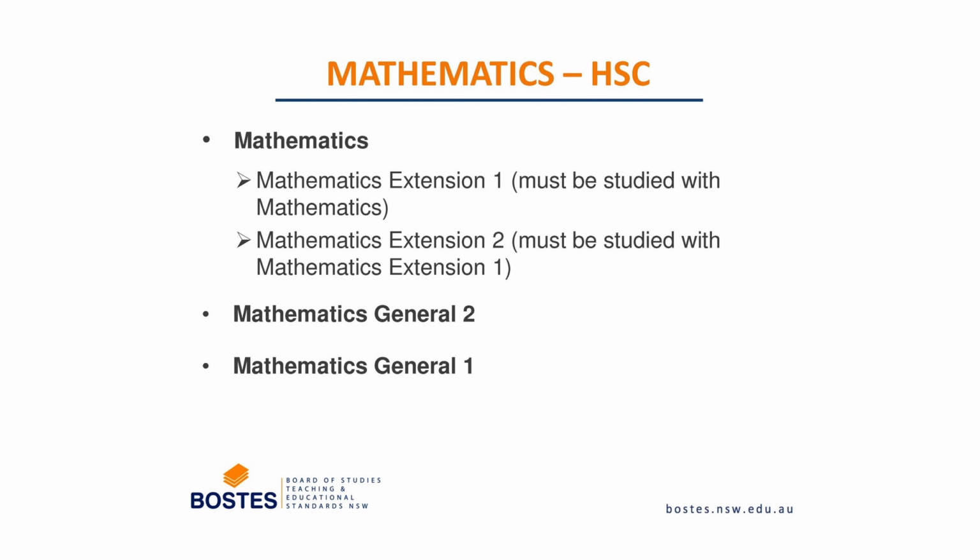Then in year 12, in your HSC year, you can do mathematics with extension 1 and add on extension 2 if that's something you would like to do. But you cannot choose between mathematics extension 1 and extension 2. It is definitely an addition of extension 2. So it would be mathematics, mathematics extension 1, and mathematics extension 2, taking you to 4 units of mathematics.